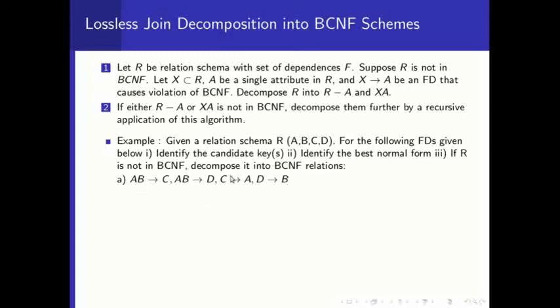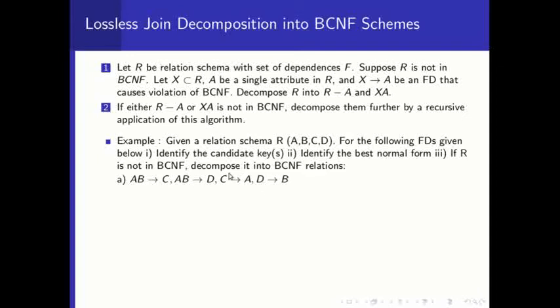If you take the single attribute closure, here the FDs are C as well as D. If you take the closure of C, you will get C as well as A, nothing more than that. If you take D closure, you will get D as well as B, nothing more than that. For the key algorithm, you must take the minimal set of attributes whose closure contains all the attributes, that can functionally determine all other attributes, and that can act as a key.